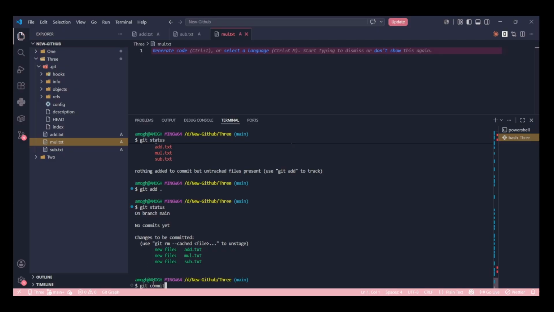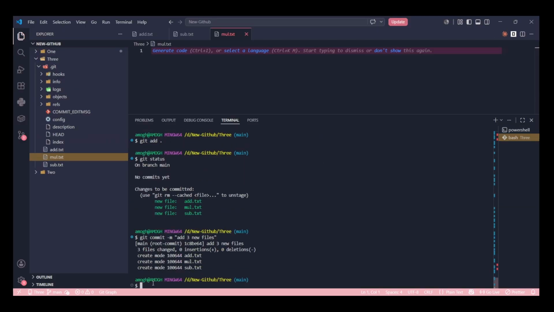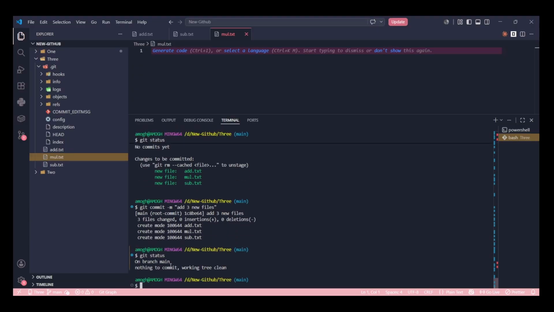Git commit m add three new files. Yeah, now if I say git status, it says there is nothing to commit, you have already committed everything, so we are now in there, right? Okay, is it okay, guys?